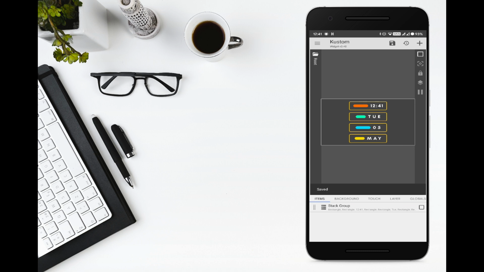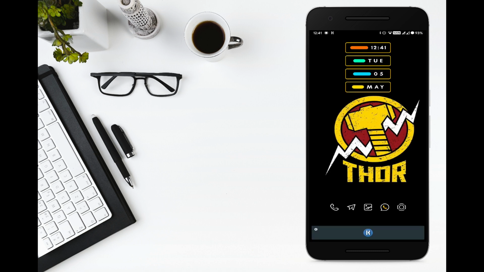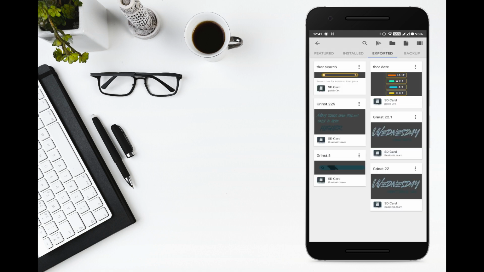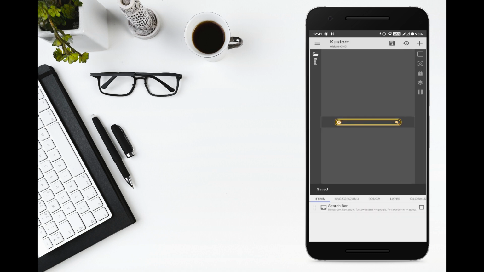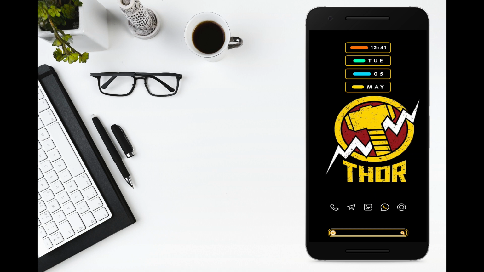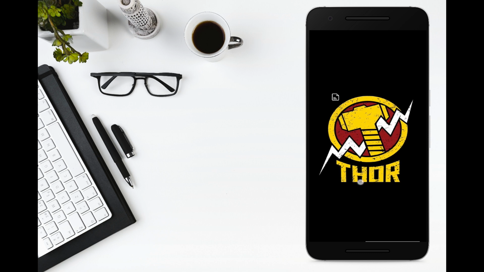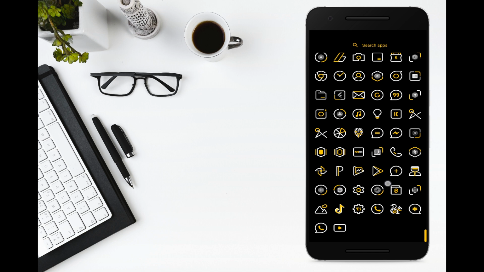Just go back. Now one more, the search bar. Click on it. OK. Just click on the search, click on the save button and you are ready. As you can see, this is the easiest method to make any home screen setup. This is all because of the Screeny app. If we didn't have the Screeny app, it would be very difficult for us to do all of this.